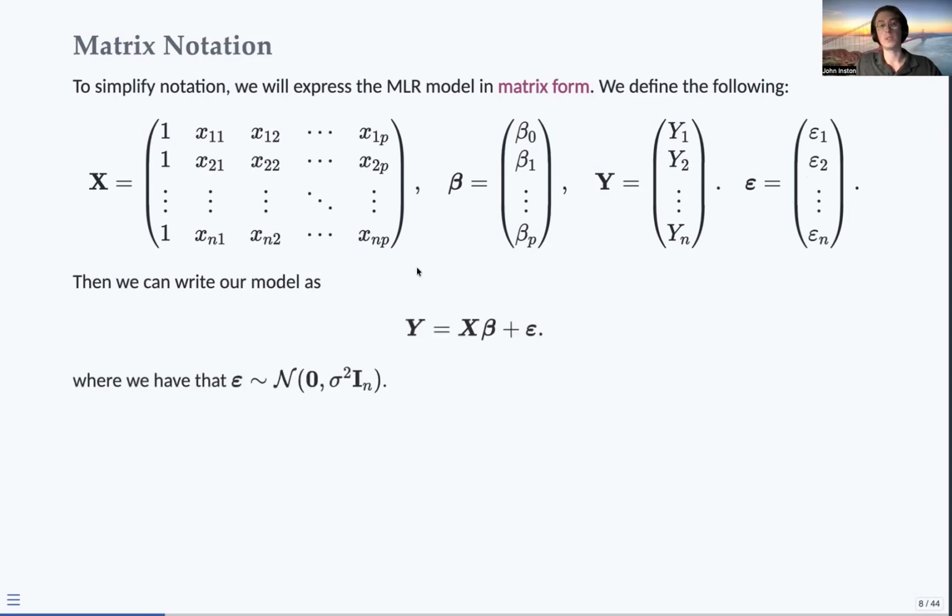Given these matrices, we can then write our model as y equals X beta plus epsilon. I've tried to keep my matrix notation, anything that's a matrix or a vector, in bold font to keep them distinguished from any of the individual responses. However, I apologize if I missed it. I tried my best. And here I've kind of jumped the gun a little bit, but we can write,